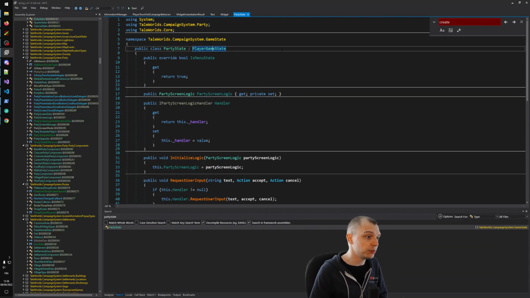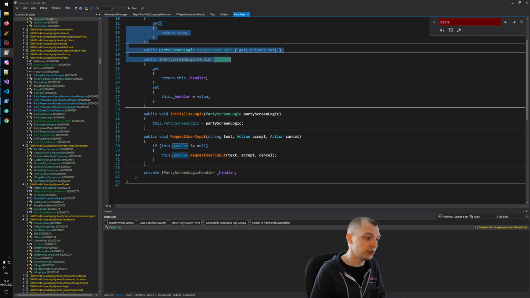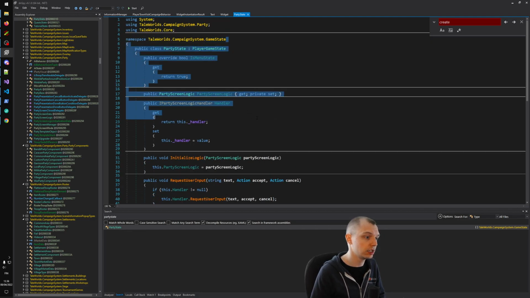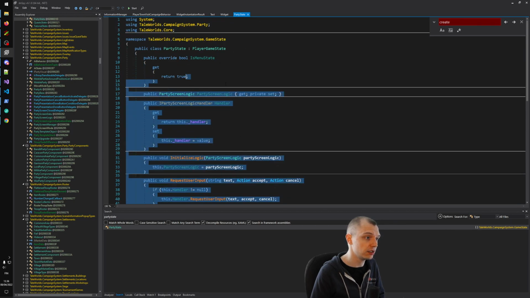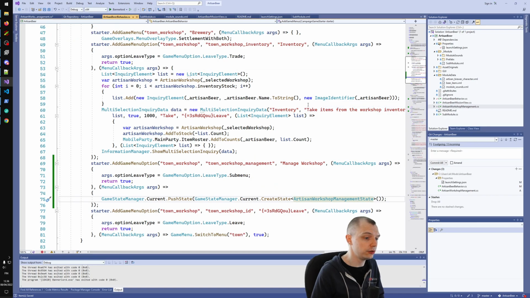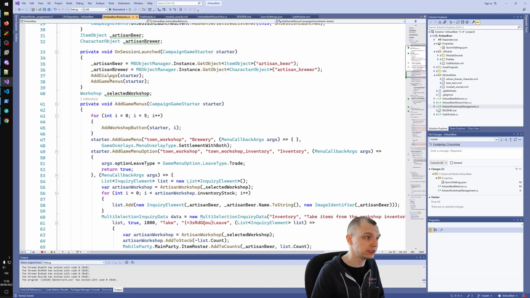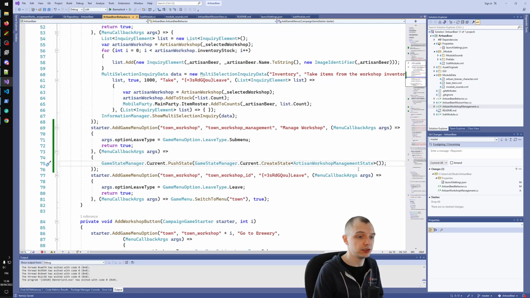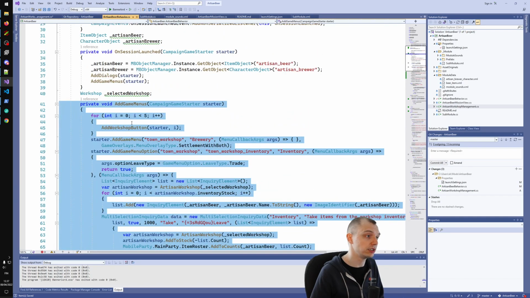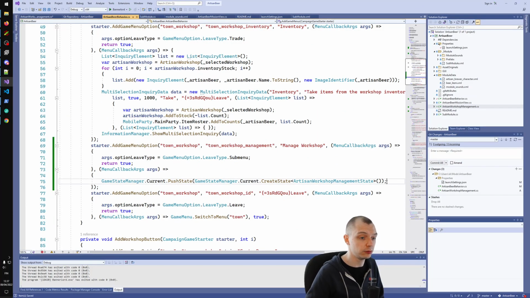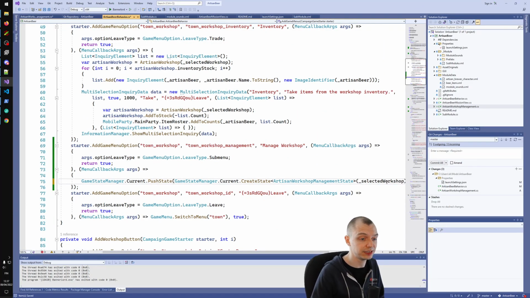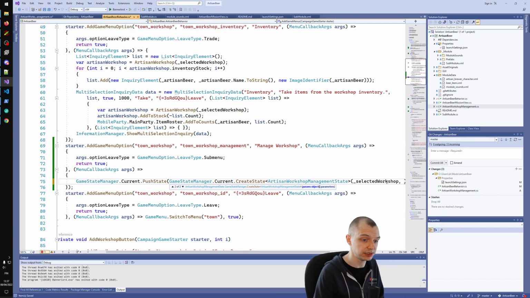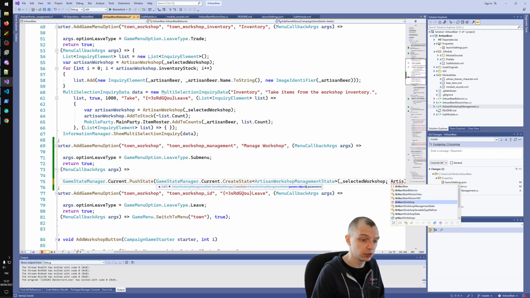If you look at what, for example, party state does, you can see that it is a very short class that doesn't really do much of anything interesting. But one thing we want to do here is pass through our currently selected Artisan Workshop, so that later on it will be easier for us to figure out what workshop we are actually managing, since inside this part we actually know where we are, but later on it would be harder to figure out. We have our currently selected workshop in this local field selected workshop, and we can also give the Artisan Workshop